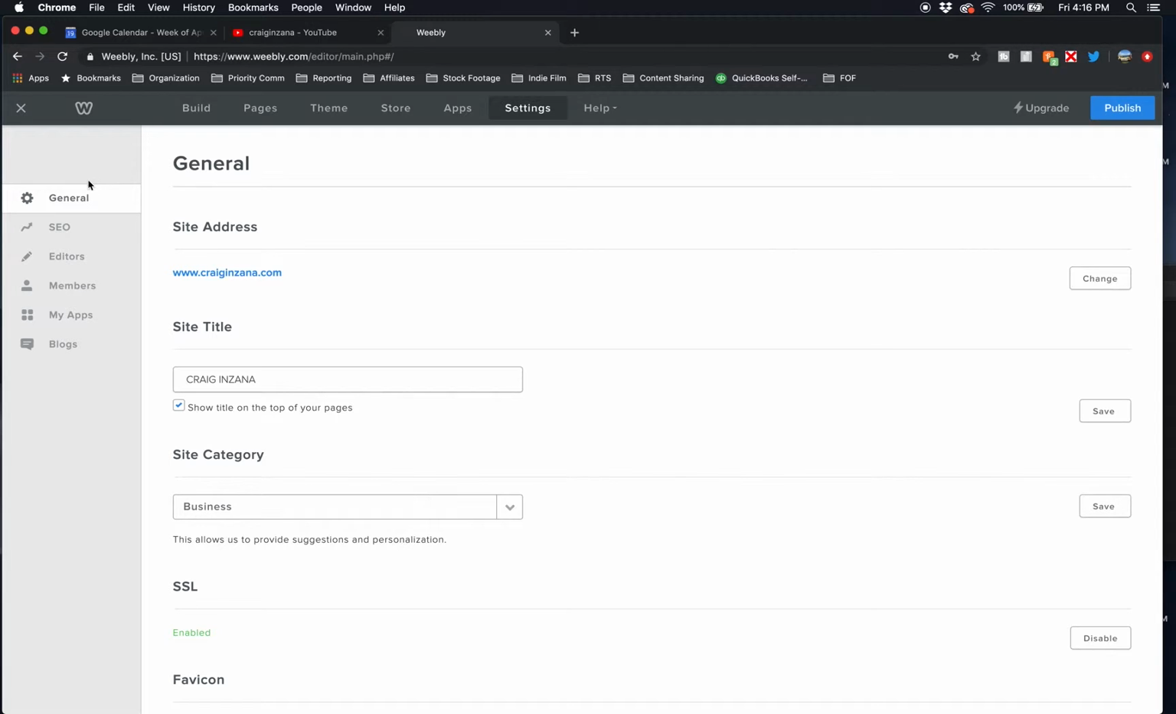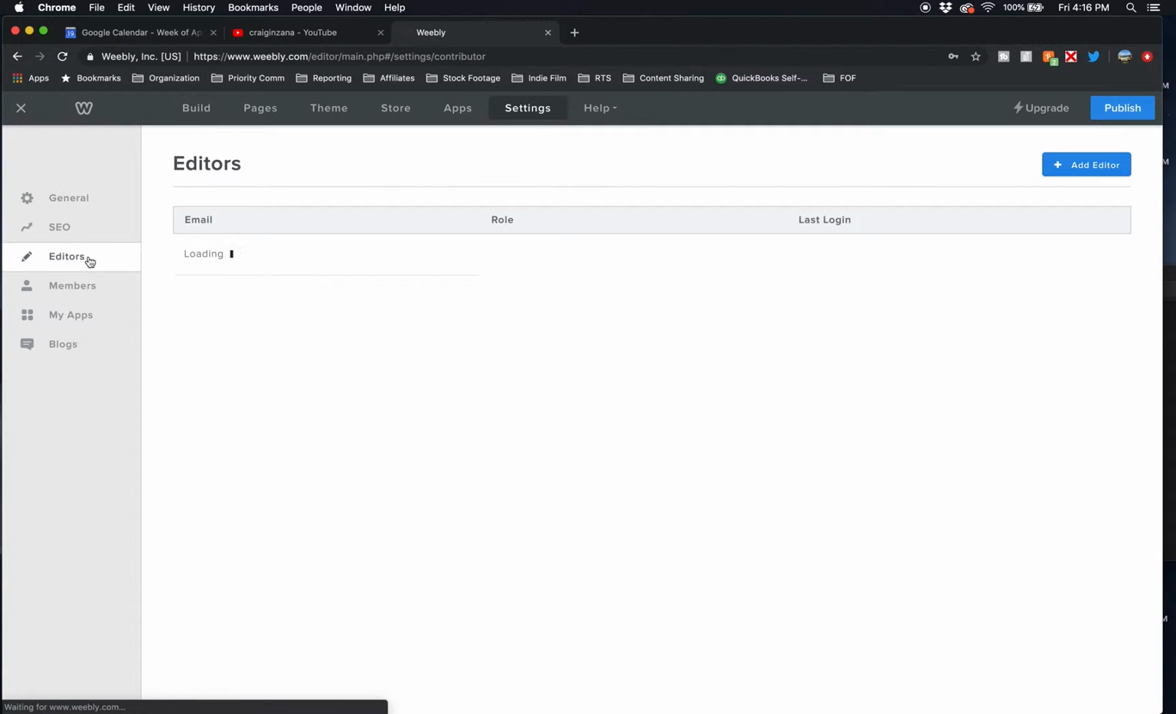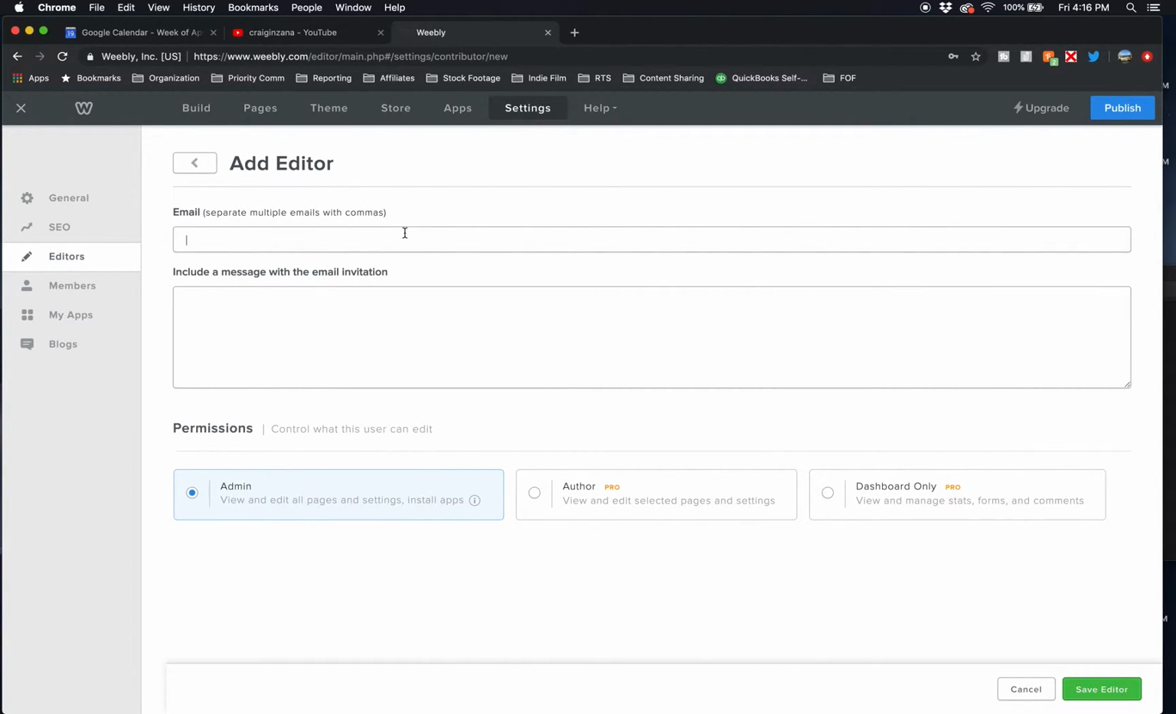Over on the left side you'll see general, SEO, and the one that you want to click on is called editors. And when you click on here you can see it says I don't currently have any editors on my site, but I can easily add one. This little blue button over on the far right, just click add editor, and I can invite